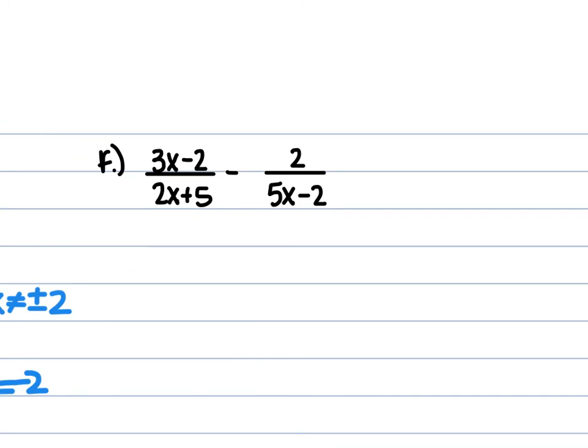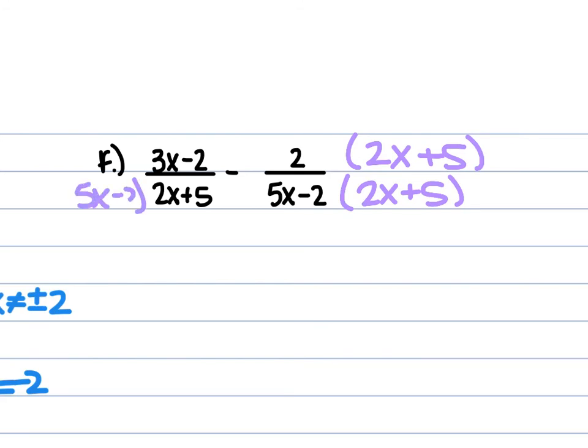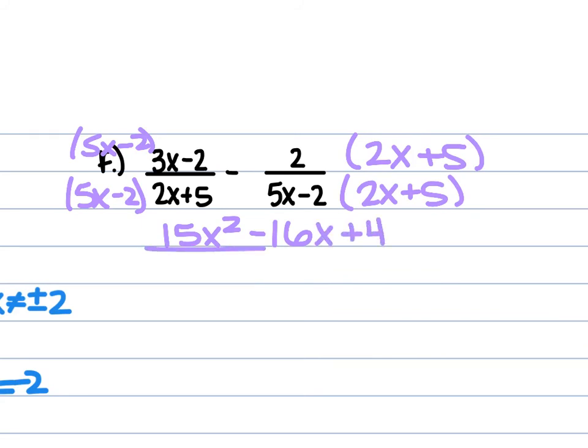For f, we have 3x minus 2 over 2x plus 5 minus 2 over 5x minus 2. So this second fraction is missing the 2x plus 5, so we'll multiply top and bottom by that. And then the first one is missing the 5x minus 2, so we'll multiply the top and the bottom by that 5x minus 2. Your numerator here is going to be 15x squared minus 10x minus 6x, so that's negative 16x plus 4 over